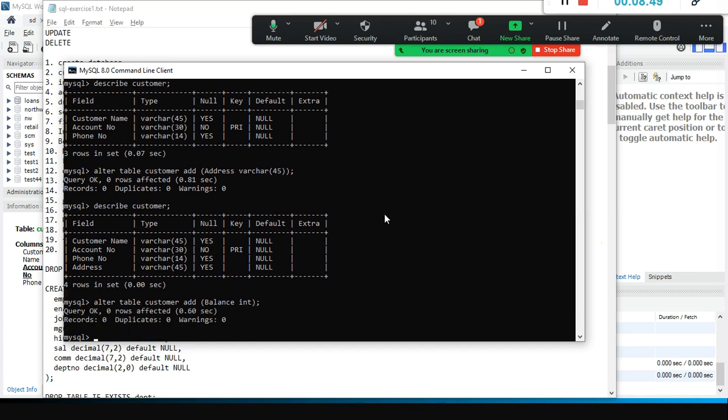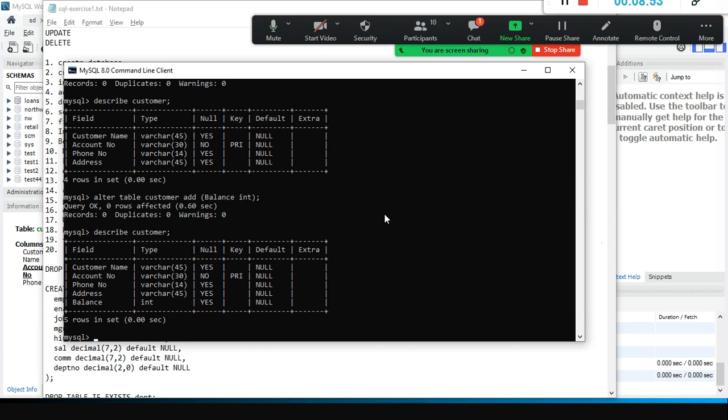Okay, I am going to create it. Now if I say describe customer, balance is int. So now I realized the column balance cannot be int, it should be a decimal. So I am going to say decimal. This is another data type, decimal column, as the name says, 10,2.